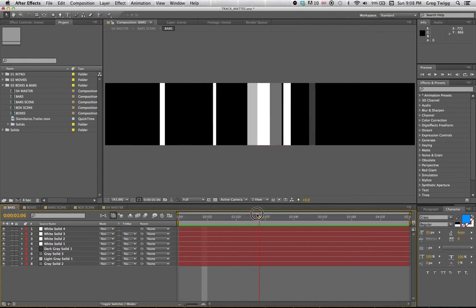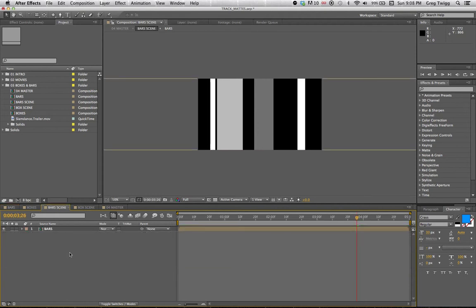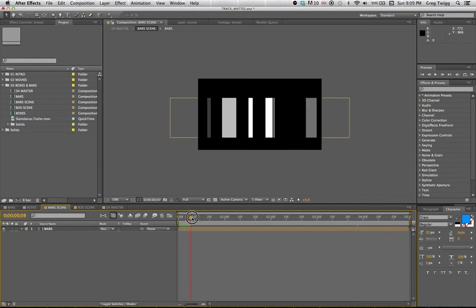So this has a lot of movement. Notice that the rectangles are only rectangles, yet they have a color variation of grayscale from white to a dark gray. This should start your mind thinking about how could I use this in a comp. Before we get anywhere, I'd like to go to the bars scene, which is a comp. Let's go down to the bars scene and take a look at what I have here,